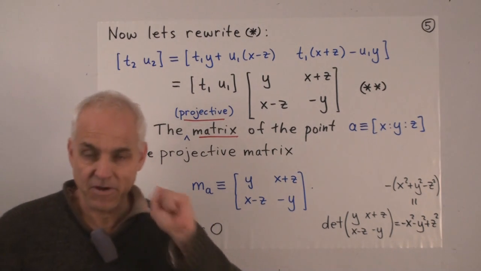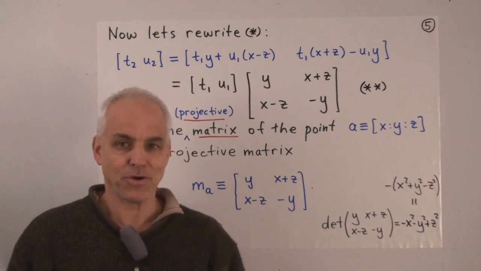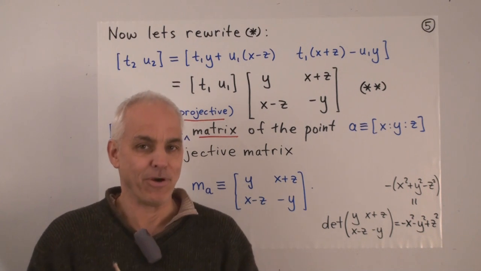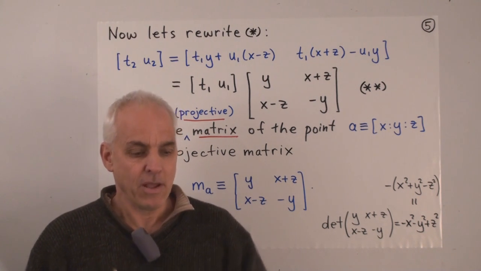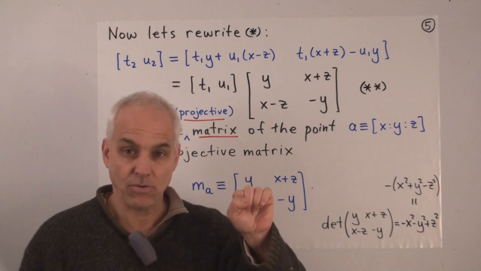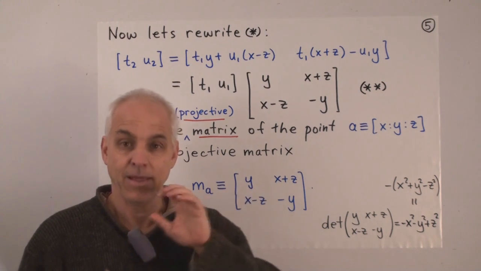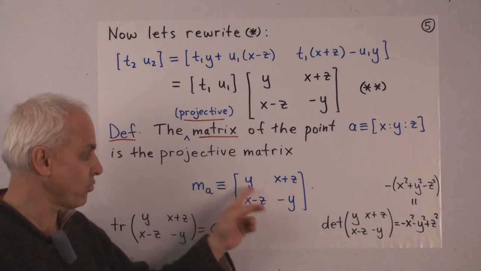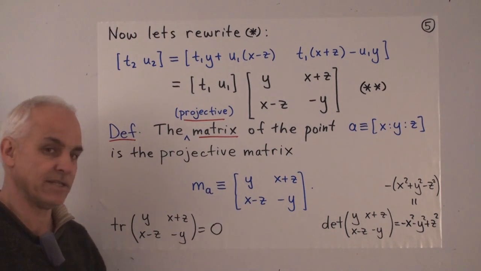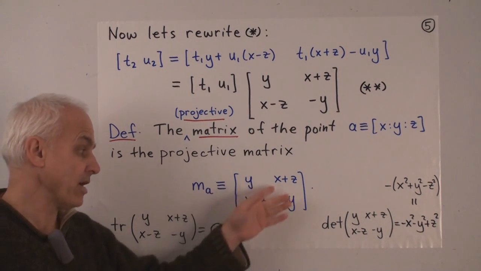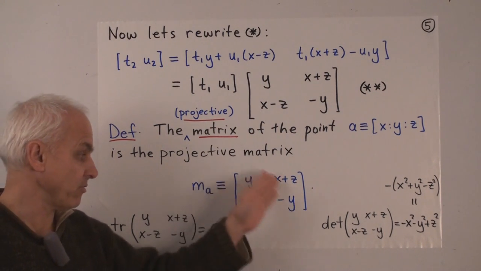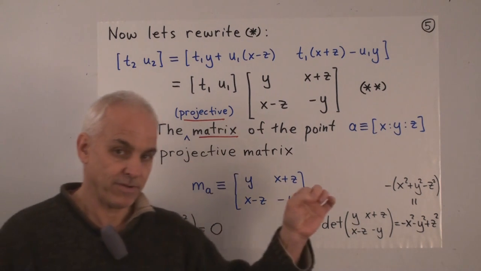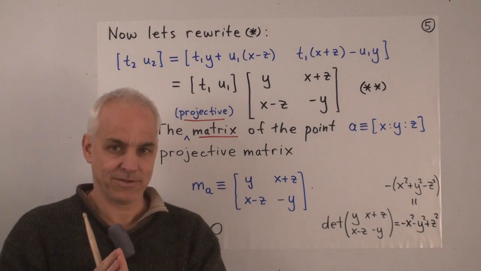So we've done something very important here, in fact. This will have major repercussions as we carry on. So the significance will slowly emerge, okay? But this is going to be very important. We now have a way of associating to a point a matrix. And not just any old matrix, but a matrix which has trace 0. And is otherwise rather arbitrary. Otherwise, any trace 0 matrix can be obtained this way. So to a point, we have a trace 0 matrix.